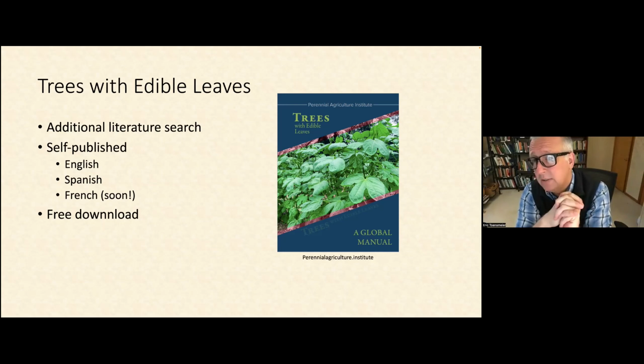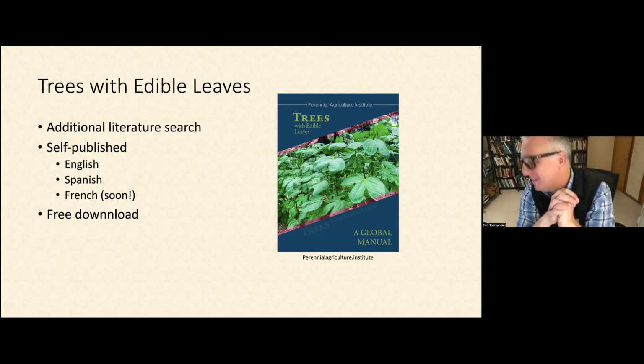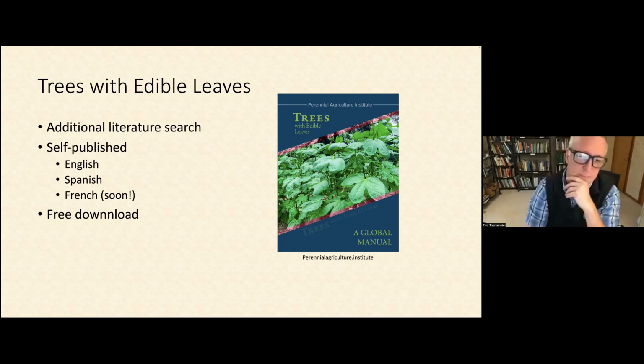And Czech is being worked on, so Czech should be ready in the next couple of months as well. So it's been very exciting. And if anyone is interested in translating it into Swedish or any other language, I would be very happy to work closely with you to do that. It was really fun. It's a fun publication, and it's fun to work on